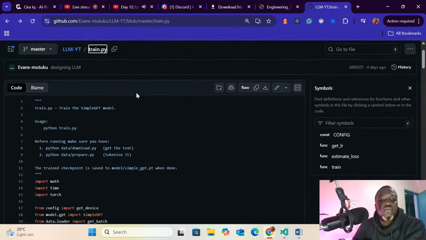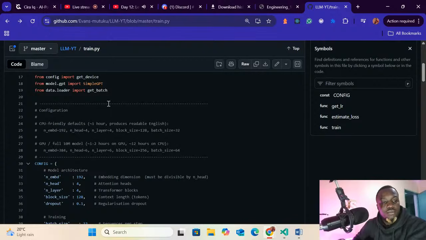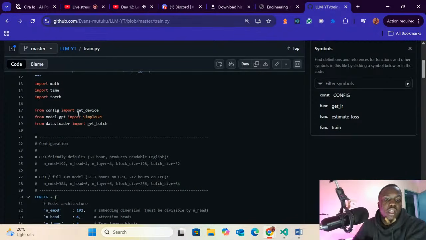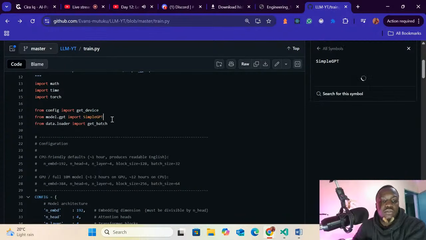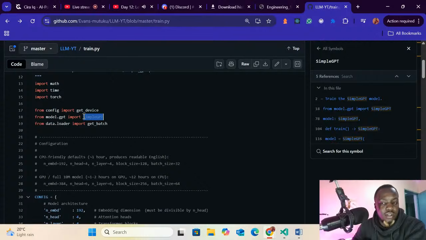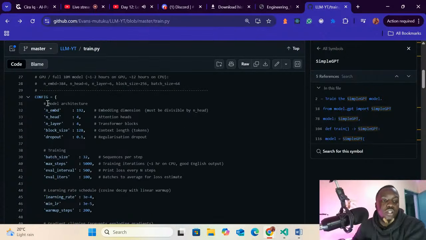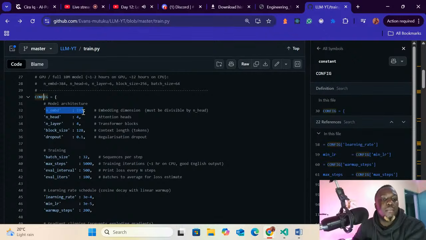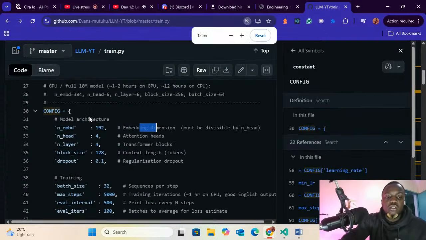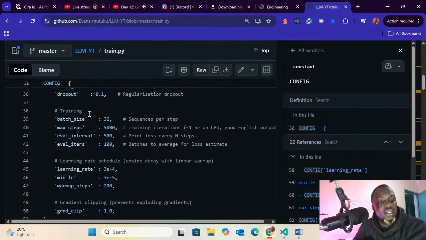So if you check on this file where we are going to train our model from, remember this simple GPT file that we just wrote right now. This class, we're going to use the entire. Then we're going to define the configuration, the number of embeddings, in which we are going to explain what we mean by this number of embeddings.